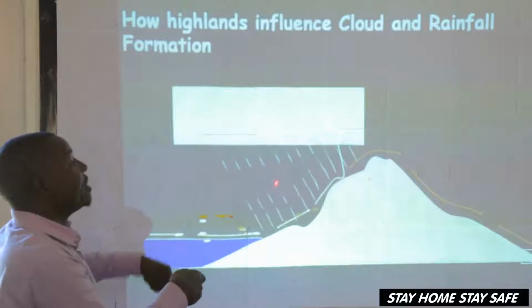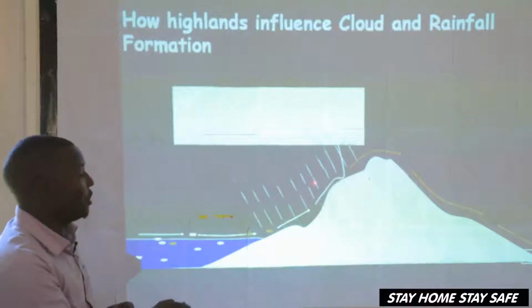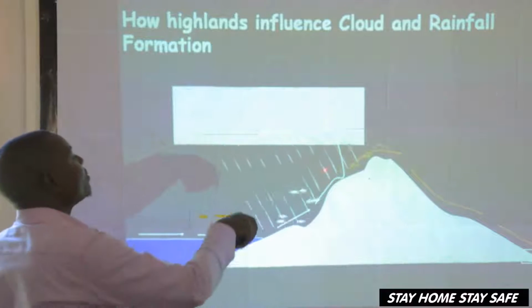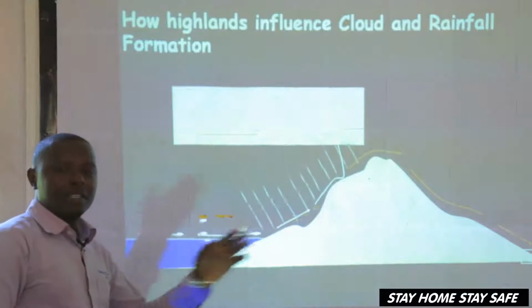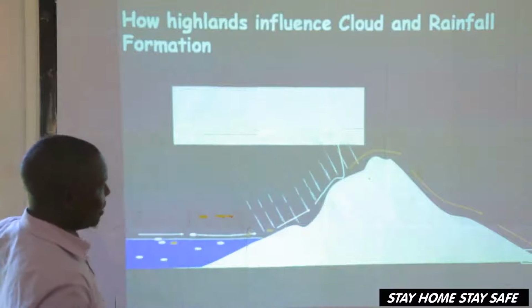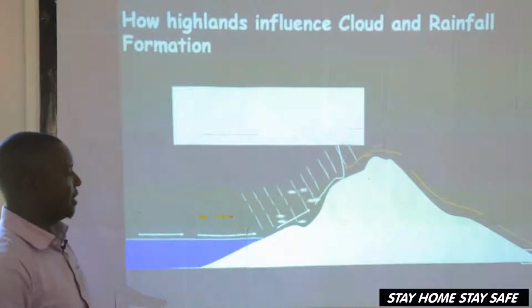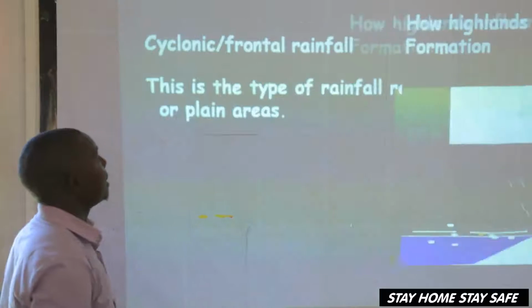So when the rain is falling, we call it precipitation. Then the dry winds will cross over to the other side of the mountain that we call the leeward side, and this one is the windward side. So briefly, that is relief rainfall. And let's look at